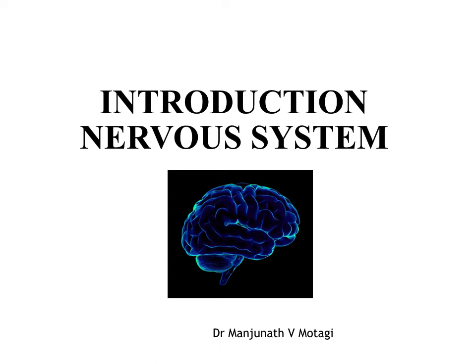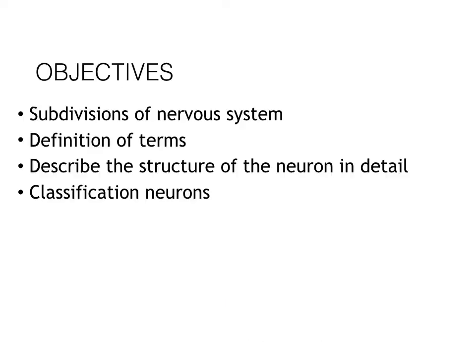Hi students, today we are going to discuss the introduction to the nervous system. The following are the objectives. By the end of this class, you should be able to describe the subdivisions of the nervous system, the definition of various terms, and the structure of a neuron in detail, and the classification of neurons with